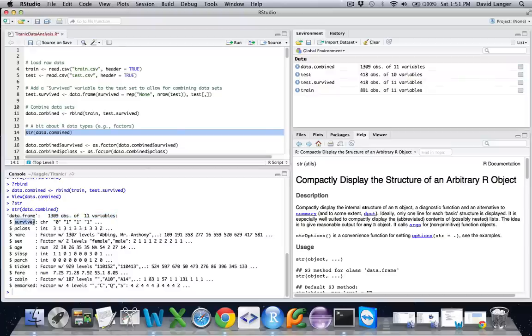So the survived variable is a character. And you can see it's 0, 1, 1, 1, 1, 1. And that would make sense because we know that around row 892, we go from collections of zeros and ones to the word none, because we put that up here, and then we did our bind and combined them together. So it makes sense that survived would be a character string. Now we know the p-class variable is an integer, and you can see the various values there.